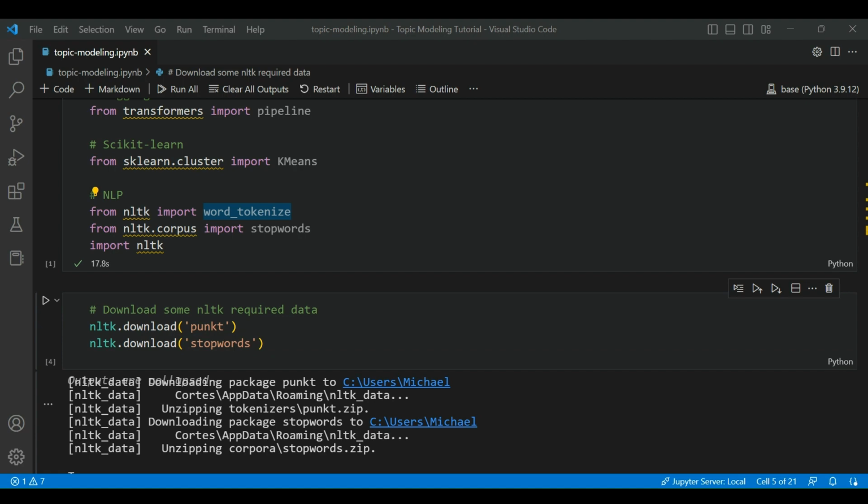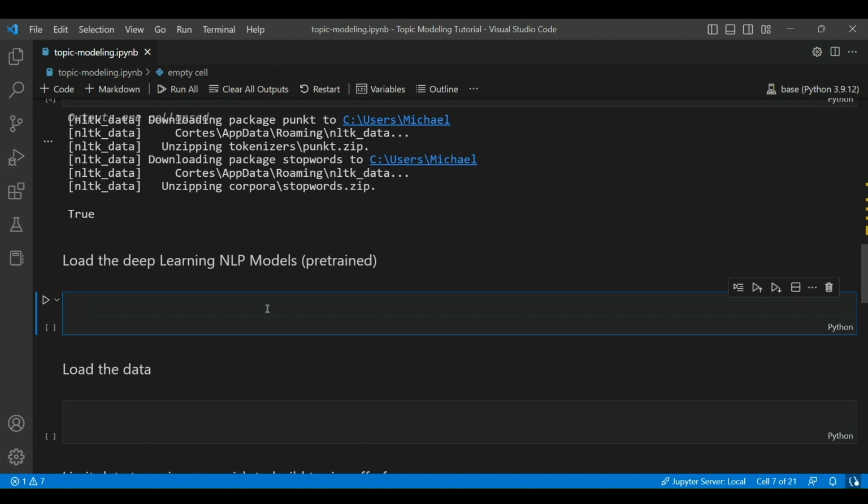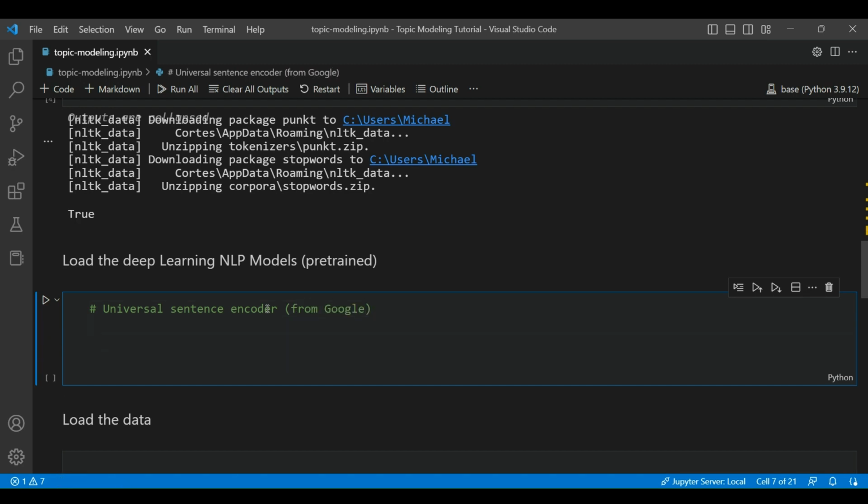So the next thing we want to do is load up the deep learning models. So let's do that now. We're going to use two things. One is the Universal Sentence Encoder from Google. We can interact with it using the hub from TensorFlow. And what's nice is all we need to do is pass it the URI to the model. So it's very simple. Through the hub handle from TensorFlow, we can just load the model from this endpoint, and